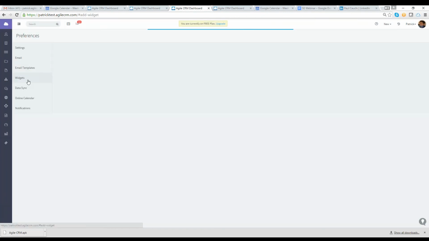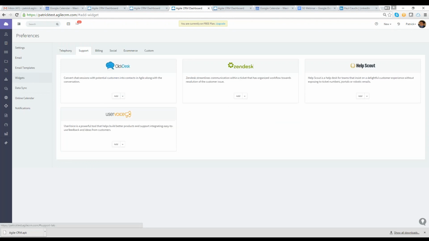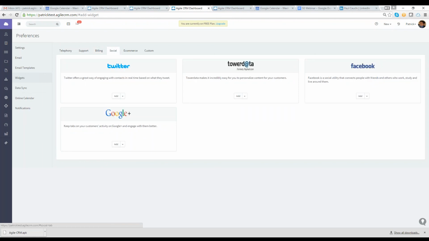So you click on your avatar name, go to preferences, you take a look at the widgets here. So we have the telephone services, Twilio, SIP, CallScript, Bria, Skype that we're working with. Some are in beta. Please keep that in mind. You can integrate with Zendesk, ClickDesk, User Voice, Help Scout. For billing, we offer widgets such as QuickBooks, FreshBooks, Braintree, Stripe, Xero, a lot of the popular billing widgets out there. It includes Facebook, Twitter, Google+,